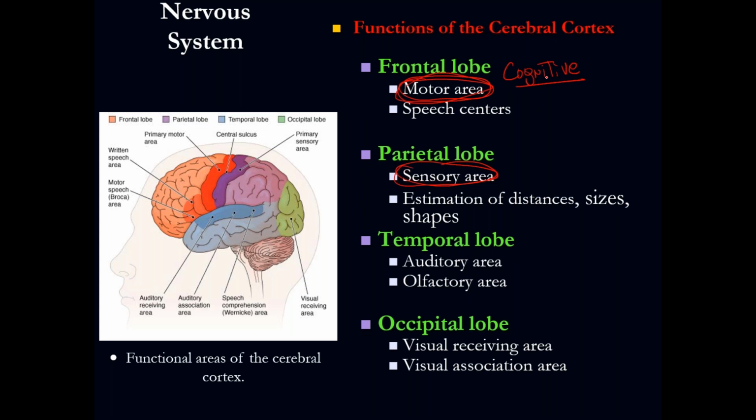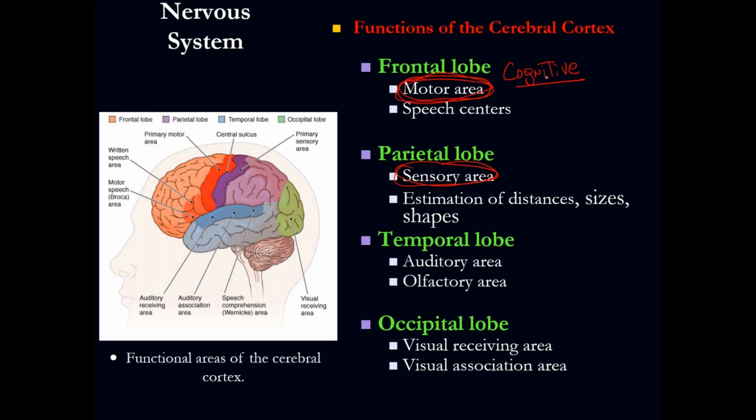The motor area is what you use to move your hand, to walk, the action of the movement of your body. That is done by the frontal lobe's orders, right? Because the frontal lobe has the gray matter, correct? And the frontal lobe is going to send orders to the white matter. The white matter that contains the myelin is going to deliver the information very fast. To where? All the way into the spinal cord, and from the spinal cord to the peripheral nervous system, reaching your upper and lower extremities.